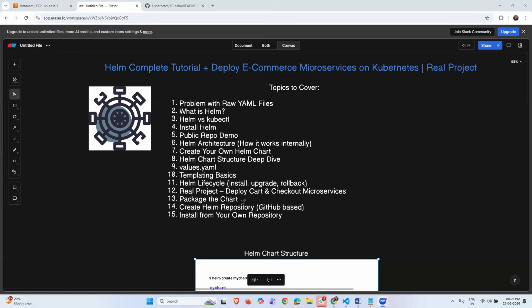In today's video, these are the topics I'm covering: the problem with raw YAML files, what Helm is, Helm versus kubectl, and how to install Helm in Kubernetes on EC2. I will deploy one small public Helm repository as a demo, and I will explain the Helm architecture, how it works internally, and